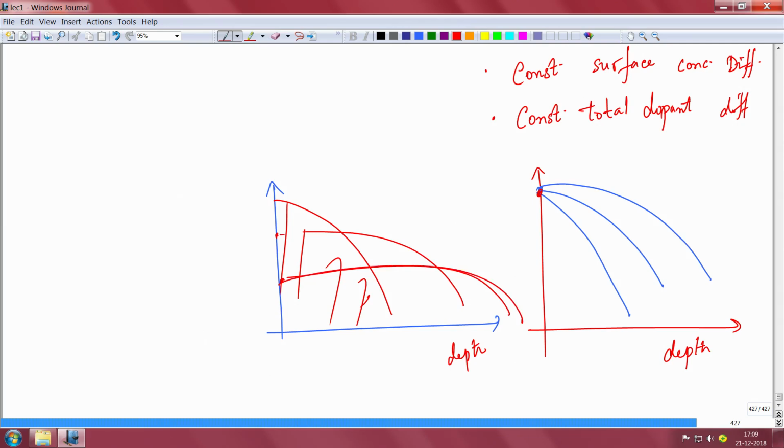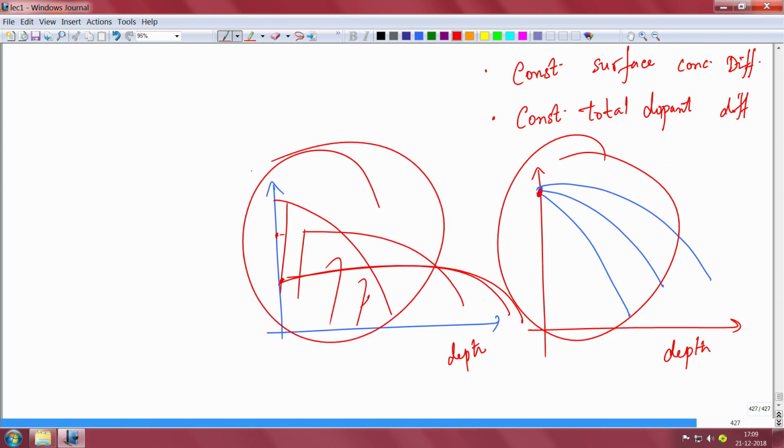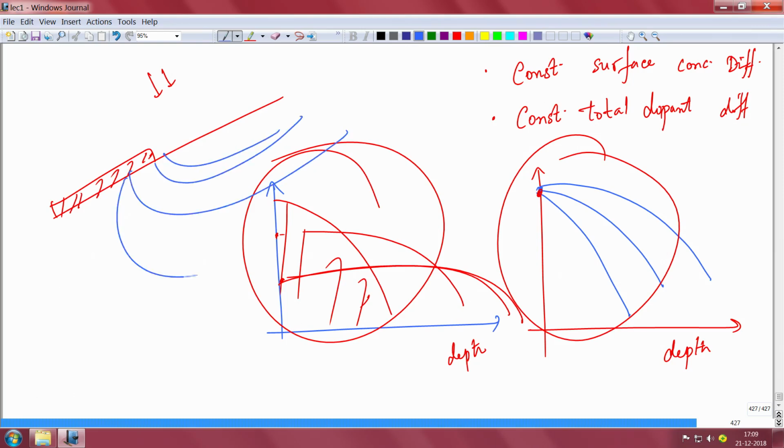Typically two-step processes are used. A pre-deposition diffusion is used, where you use a constant surface concentration, and then you use a drive-in diffusion at a little higher temperature, where you basically do a constant total dopant diffusion. In diffusion, even if you have a hard mask and the diffusion gas is coming, the diffusion will actually be lateral, it will go like this because it is isotropic. So there is a significant lateral spread in the diffusion.